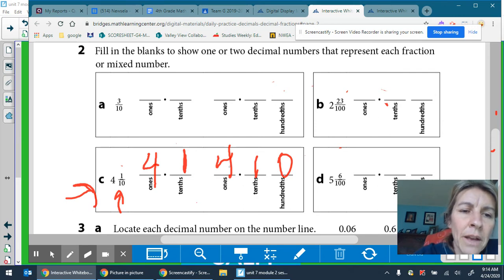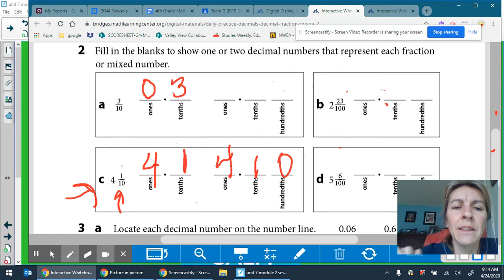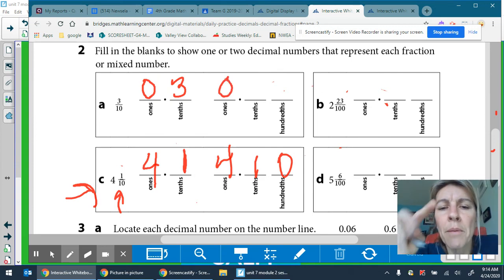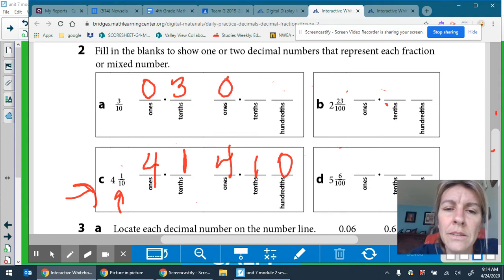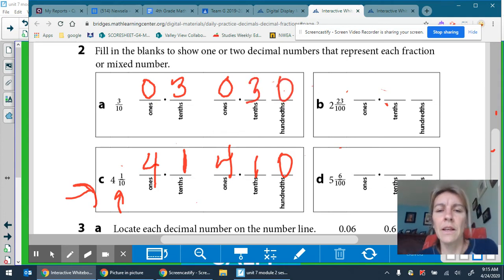A up here, we have 0 ones. So there's no whole number there. And then how many tenths? Well, I read that fraction. It reads 3 tenths. So just like I read it, that's how it's represented in the decimal. In hundredths, again, I'm imagining those strips. If I have 3 of those strips, I know each strip has 10 in it. So that would be 30 units. So 30 hundredths is equivalent or equal to 3 tenths. Moving on to